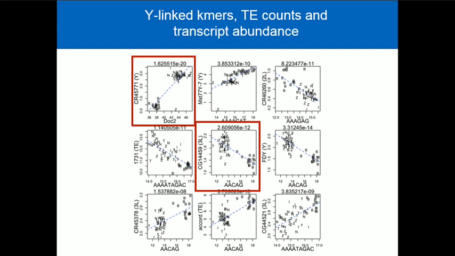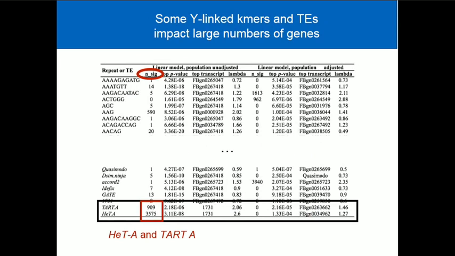It's a little bit harder to see the degree to which a particular chromatin binding protein or factor is going to be gene-specific, but it's possible, and obviously more hypotheses to test there as well. The interesting thing is going the other way, thinking what particular elements of these either K-mers or transposable elements that we've measured on the Y impact large numbers of genes elsewhere.